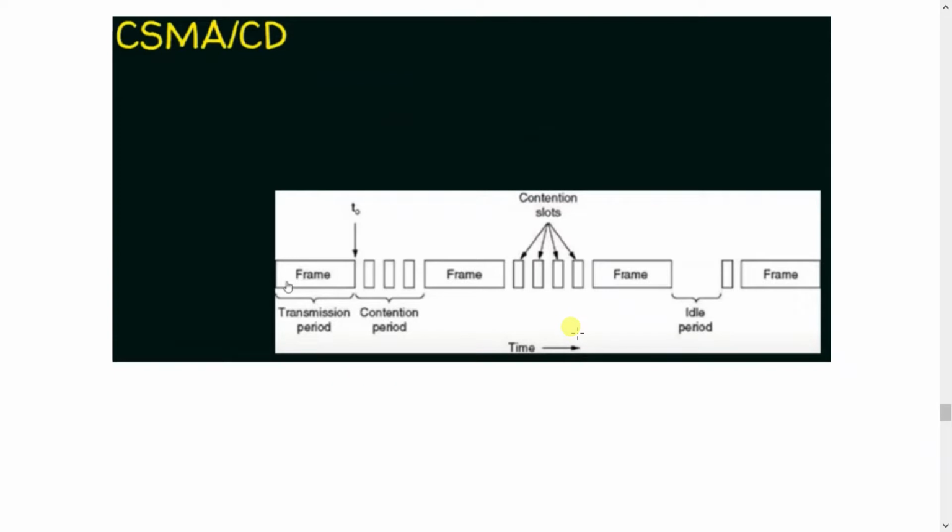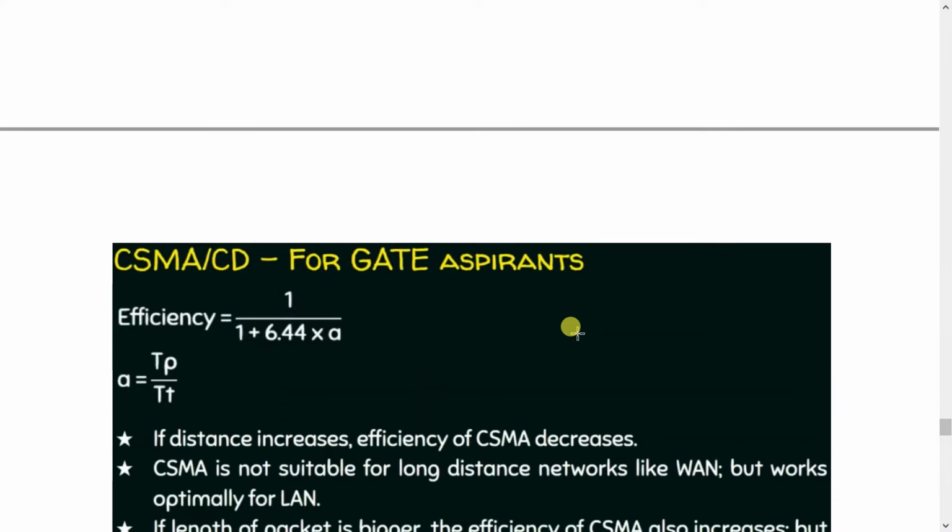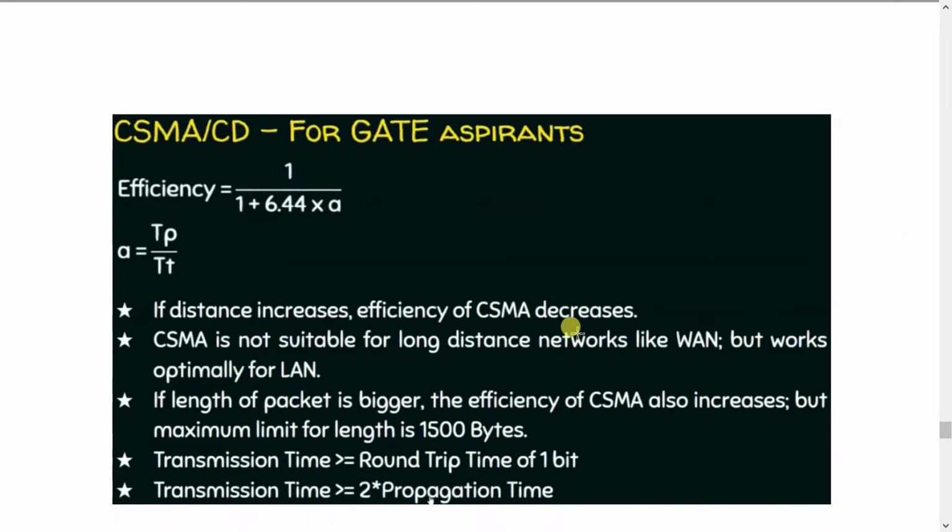Idle periods, nobody wanting to access or transmit the channel. Contention periods means many nodes are competing with each other to transmit. The one that seizes the channel first gets the right to transmit. Transmission periods means a node's transmission is taking place. This is what it means, and these are the key properties, features and attributes of